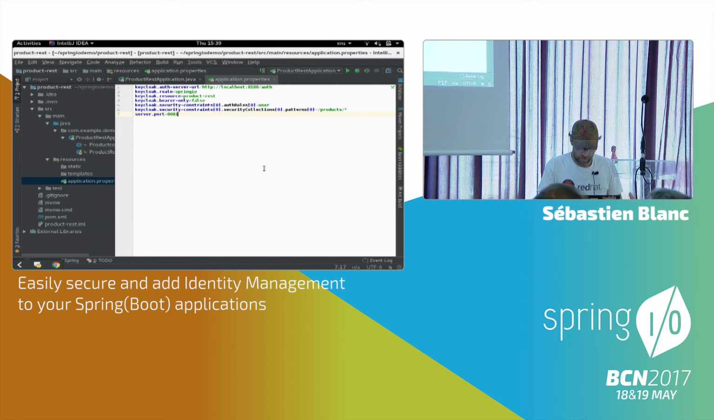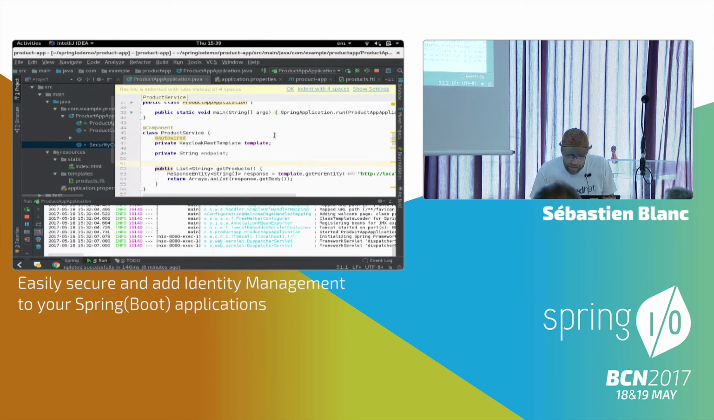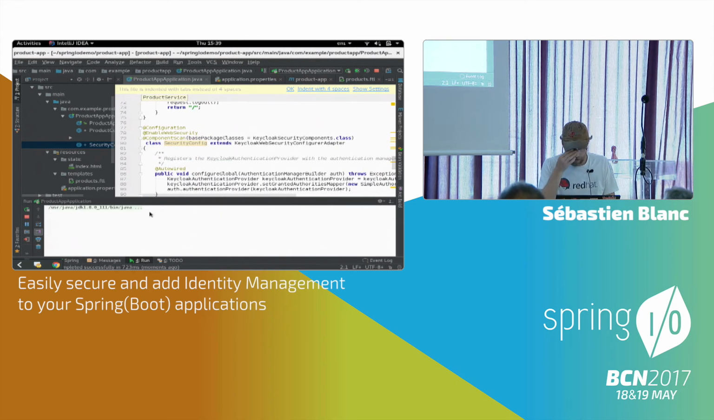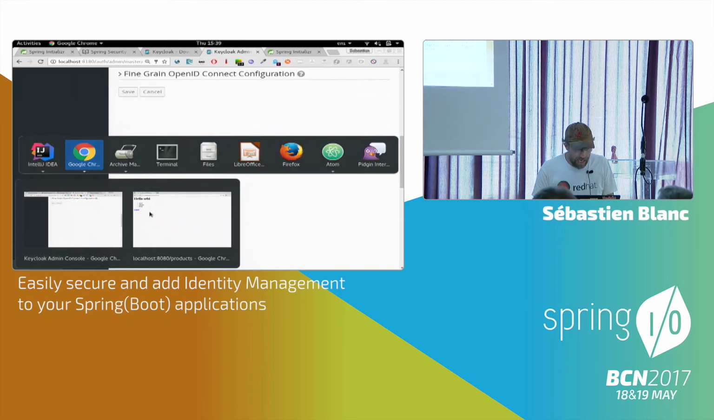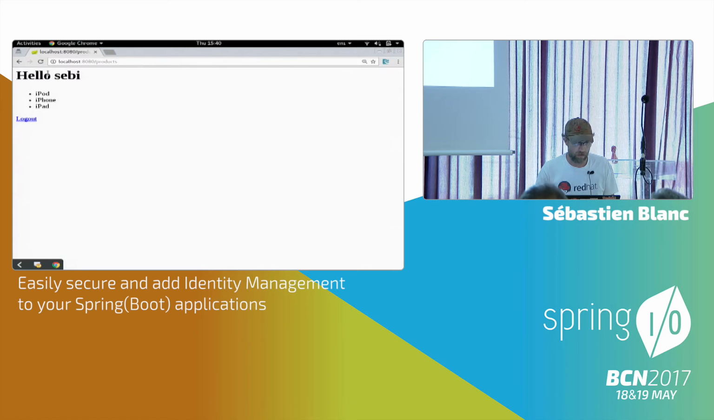Shift F10. No? There's a mistake? Where? Oh yeah. Okay, so my app is starting here. My product app. Did I do the replacement here? Yes. Okay. Let me restart it then. Okay. And now we should log out here. And if